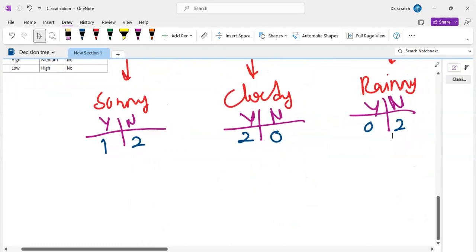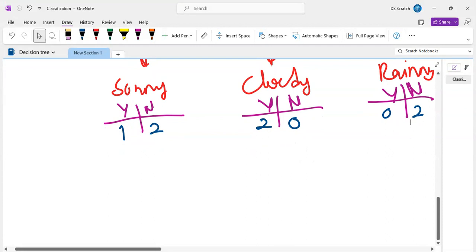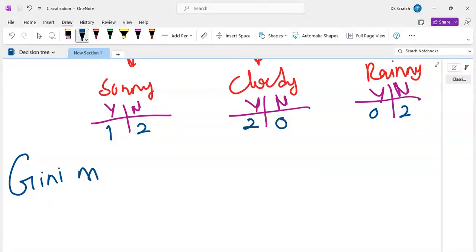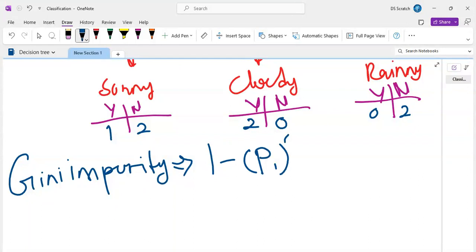Now let's calculate the impurity. For calculating the impurity, we have a simple algorithm which is called Gini impurity. It is widely used for calculating impurities. What is this Gini impurity? It calculates how impure the classes are. So it basically calculates the impurity for a binary classification. The formula is 1 minus probability of class 1 to the power of 2 minus probability of class 2 to the power of 2. Now let's calculate that